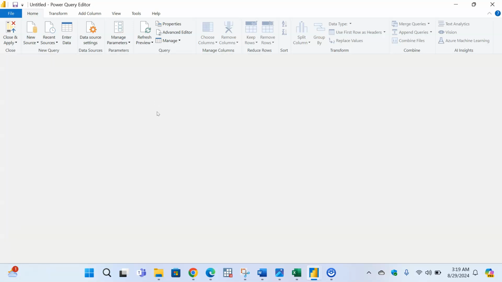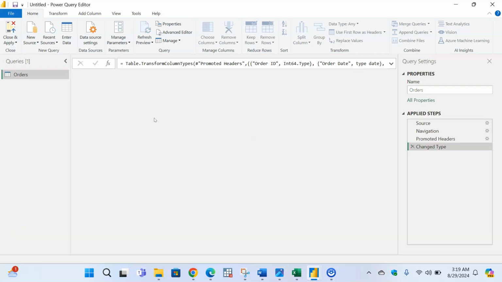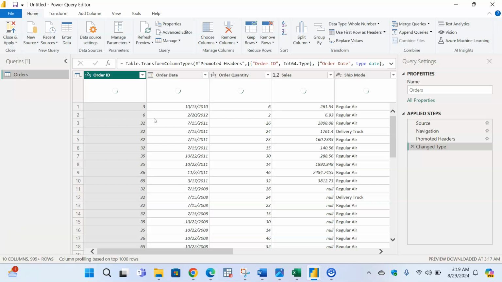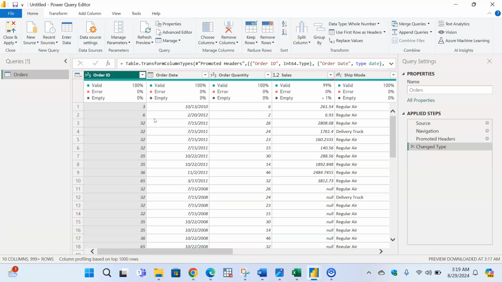So this is where you do all the manipulations, all the data cleaning, because in the process of data analysis, you first get the data, then clean it, do all the manipulations that you want to do on that data before you load it into the model. So before you actually do any analysis on that data set. So if you see here,